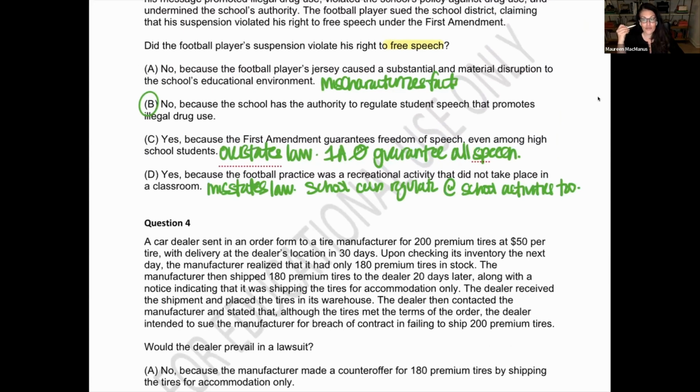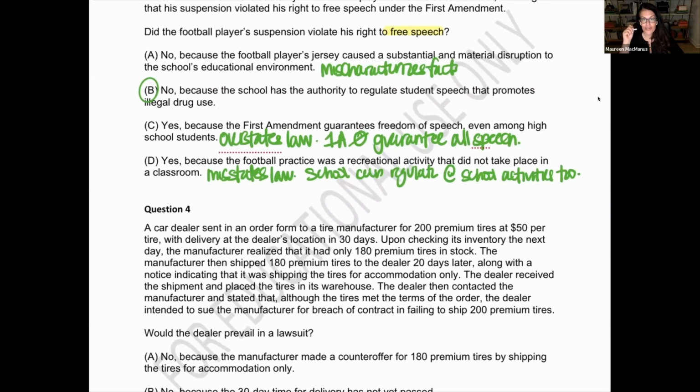Because that's the reason I really want to go through every single one of these, is I want to point out what is wrong with the incorrect answer choices. And if you cannot explain it like I'm doing, then you need to dig deeper. And it's not always just that you didn't know the law. And yeah, I agree. Somebody said that the words that are being used in some of these answer choices are